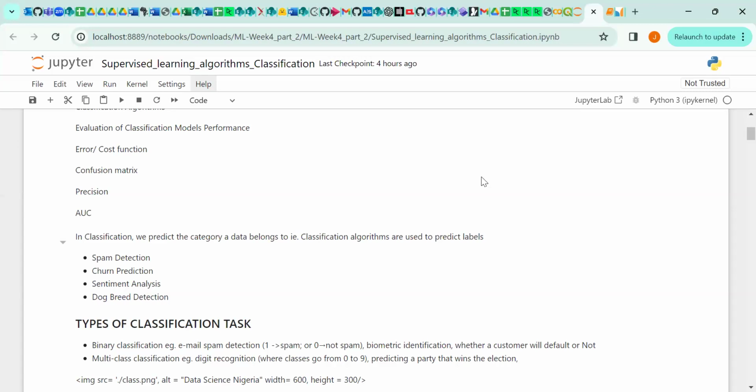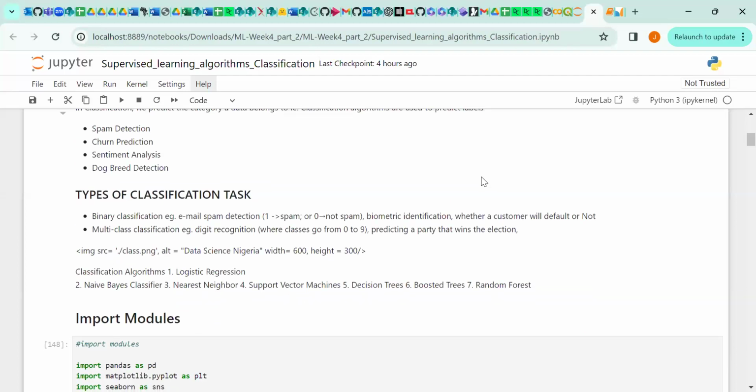Okay, so when we say binary classification, just like when we were doing the introductory class, you can remember a Boolean has just two values, which is what? True or false. For binary here also, we can only have two values. What you want to predict is either true or false. For example, if you want to predict if a customer will churn or not, that is a type of binary classification task. If you want to predict if an email is spam or not spam, that is also